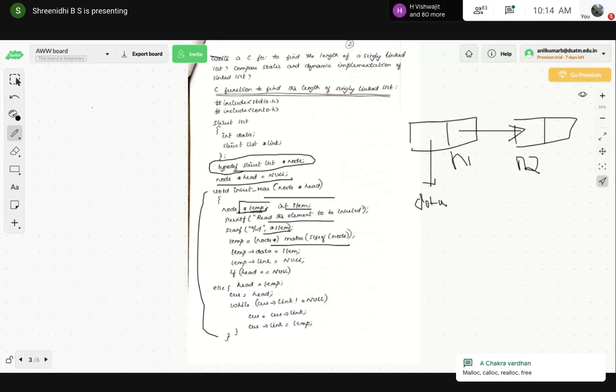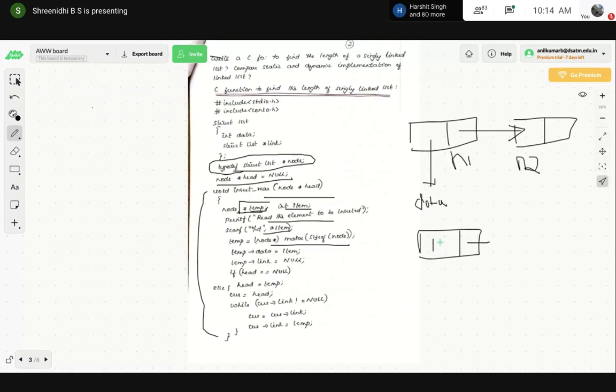Temp of data is an alternative variable we are using here. So temp of data is the item to be inserted, right? Temp of link is equal to null since there is no data node connected.